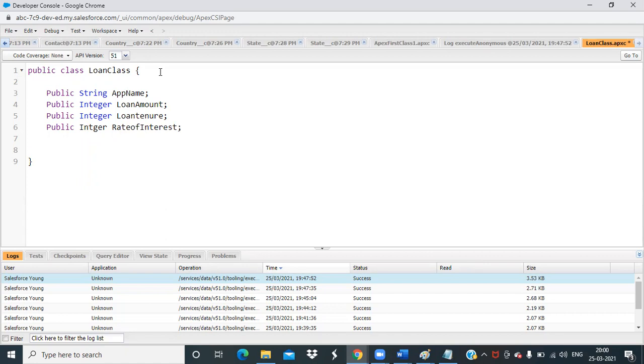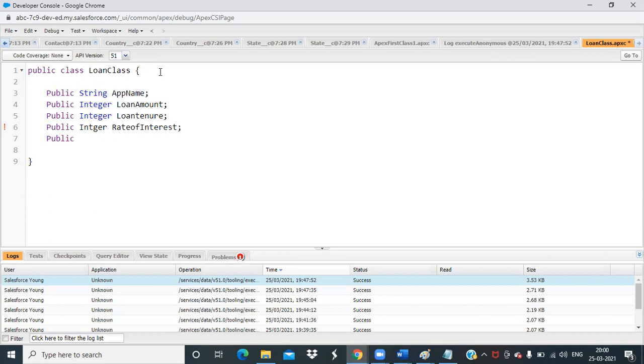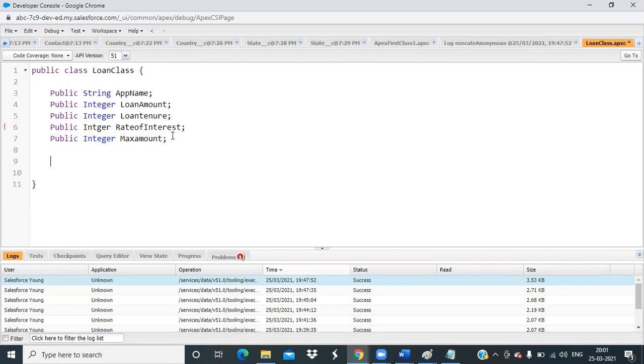There will be a max amount also. There is a limit on how much loan can be approved, so there could be a max amount which should be approved. Suppose these are the attributes of the class. Now what could be the action?